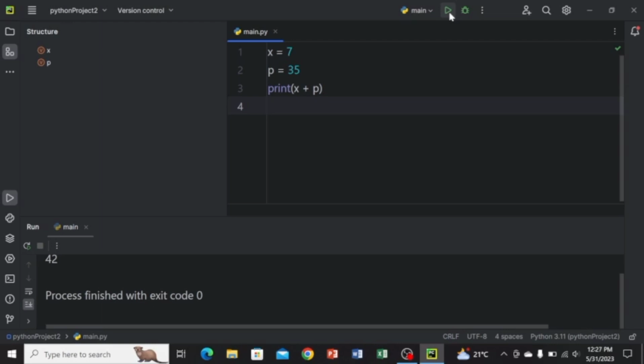The print function is also used to combine a string and a number with an operator, and it will give you an error. Why does it give you an error? Because we cannot add an integer and a string value using a print statement. The best way to output multiple variables in the print function is to separate them with commas, which works even for different data types. So for example, a is equals,